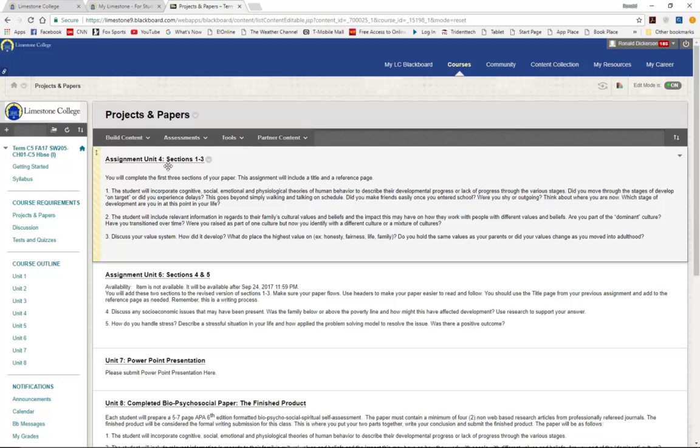So you can see it's numbered 1 through 3. Those are the first part of your paper that you're going to be responding to, and you're going to be submitting that response under the papers and projects section on the date that it's due. And I gave you the due date that was in your syllabus.